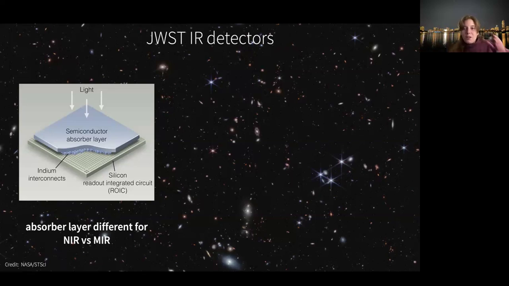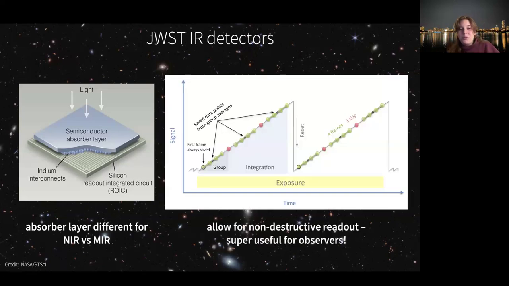From an astrophysics point of view, this is super useful, because when you work with real data, what you actually get are what people call ramps. So you get this amount of signal at this time, this amount of signal at this time. Usually when you take exposures with these detectors, you accumulate the charge for a little bit, and then you reset. So you discharge the capacitor, and then you start accumulating it again.